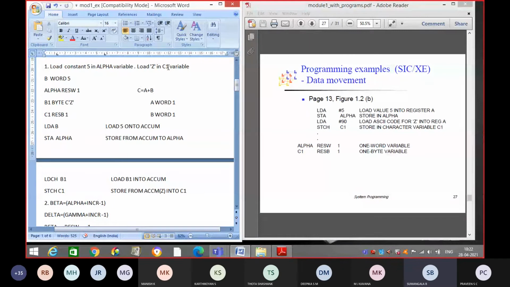Load Z in C1 variable. Write down the program heading: load constant five in alpha variable and load Z in C1 variable. Z is a character constant here. Five is an integer constant.